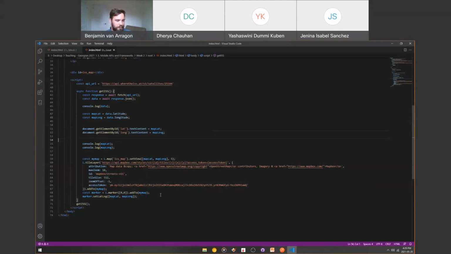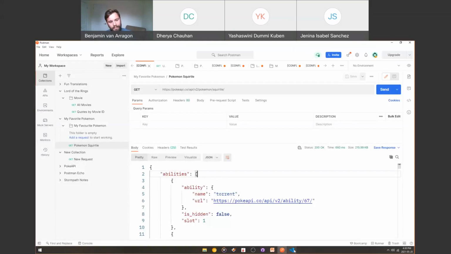So perfect. We're going to look at Firebase next week. This was today. This was using APIs and then actually putting them onto your website. Last week we just used APIs in Postman. So if you wanted to try and use Postman to get some of that information onto your website too,